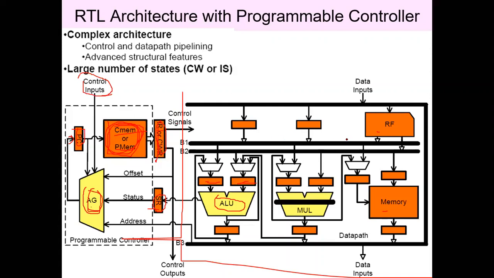To store the input from the register files or program memory to this input register, it will require 1 clock cycle. Two inputs are there, and these 2 inputs will be loaded simultaneously. Since we have a 2-port register file, we can access 2 registers simultaneously. So these inputs will be stored in the input registers in 1 clock cycle. Once you get the inputs, the ALU can do the processing and store the data back to the output register, and the status of the signal can be given back to the status register.